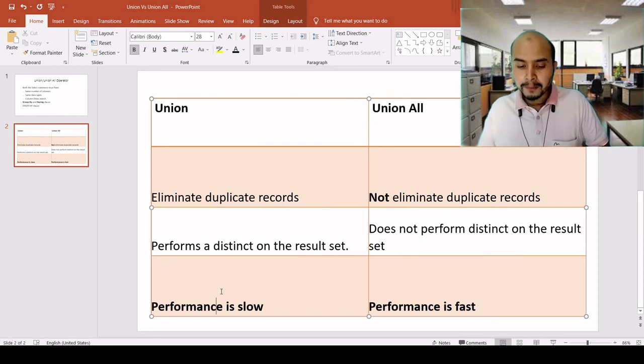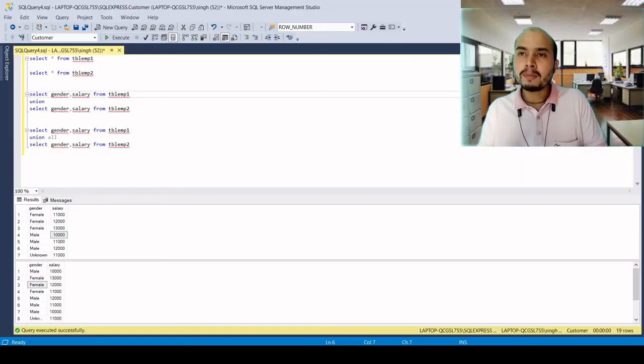So if union uses distinct on the result set, definitely the performance of union would be slow, and the performance of union all would be fast. So that's all from this video.